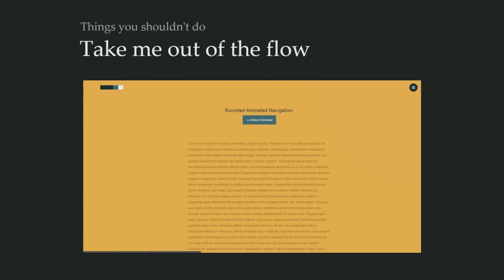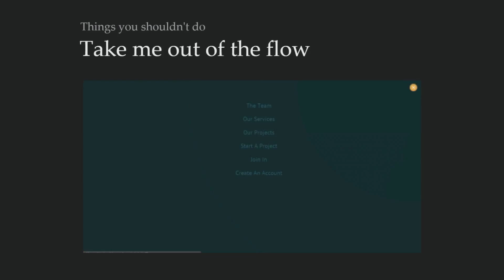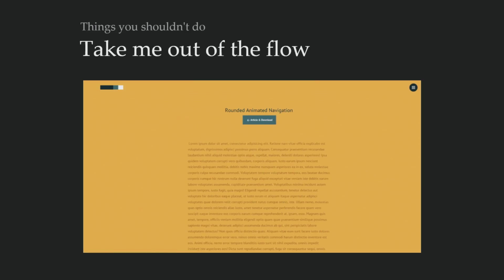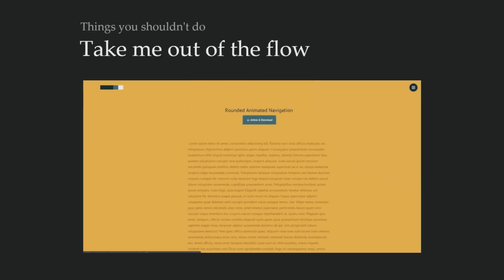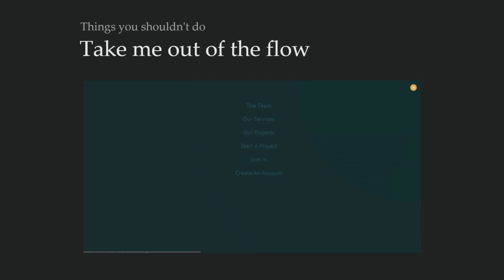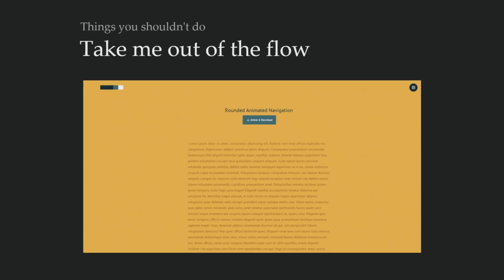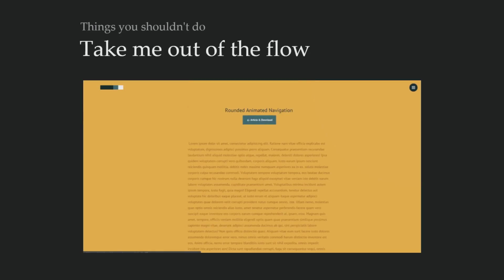So this is an example pulled from CodeDrops, actually. It's a lovely little animation. But the problem here is that it takes users out of the flow completely. So if you imagine being a grandma or something and clicking this hamburger menu, it opens up this whole new page covering up everything that was being seen. So it takes her completely out of the context of the previous page. This could be solved by adding a little bit of transparency to the background or something like that, so the user's still in the same environment, still in the same page, but that navigation is still shown.